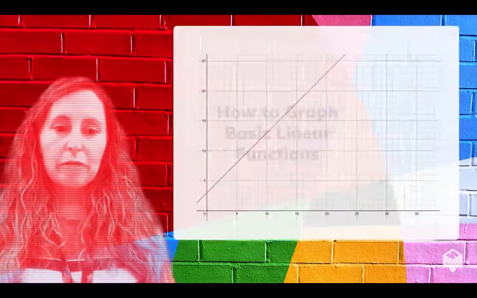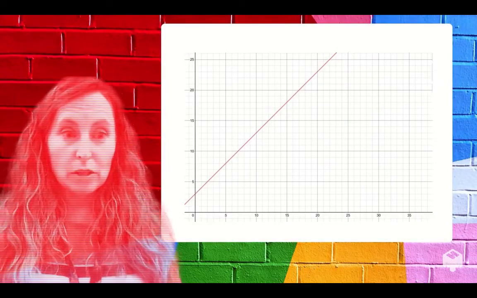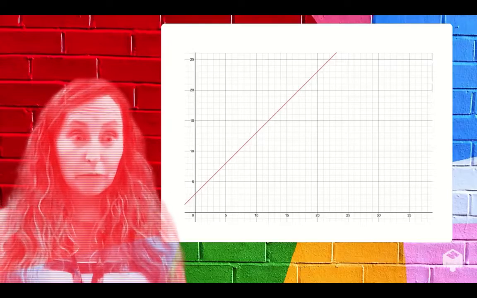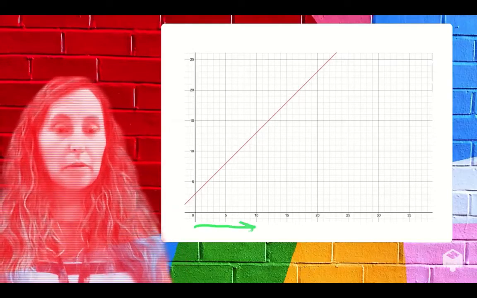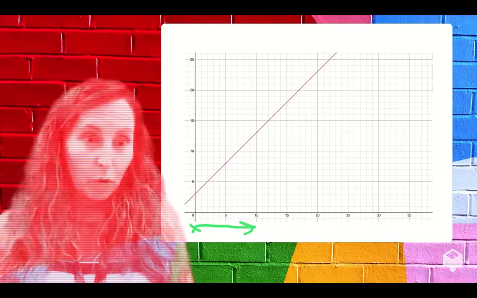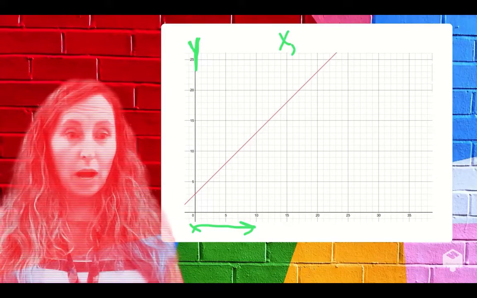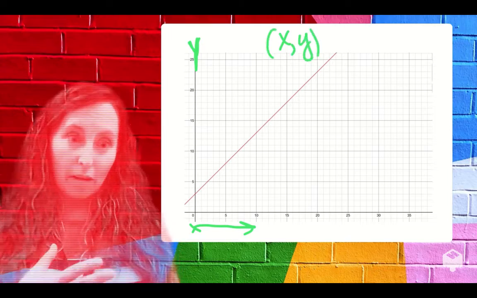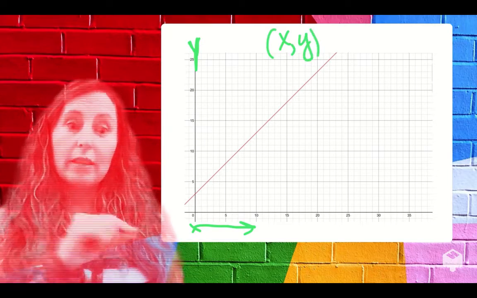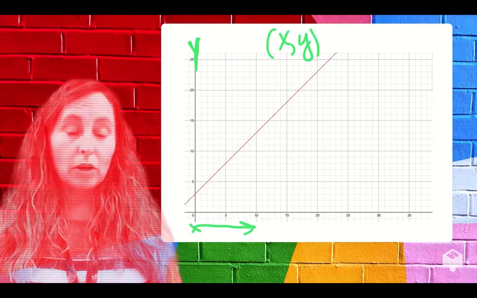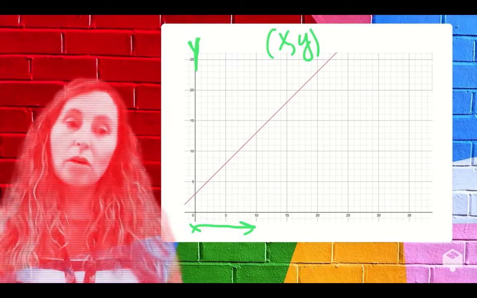All right. The first thing that you need to know when you're trying to graph a function is how to handle a coordinate graph. And you might remember that the axis that's lying horizontally is our x-axis, and the one that's up and down kind of looks like a letter Y. And x comes before y in the alphabet. That might help you remember that you go over and then up to graph a coordinate pair,